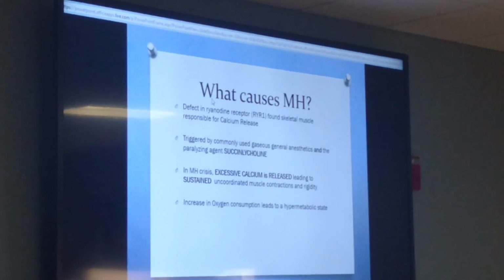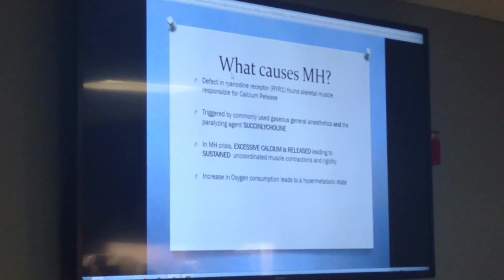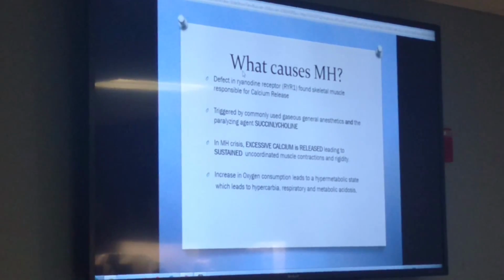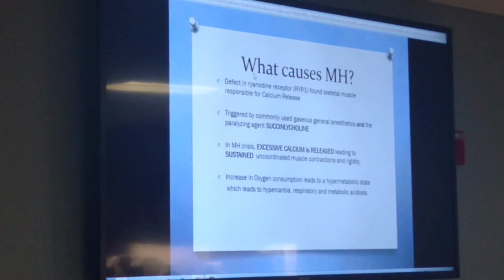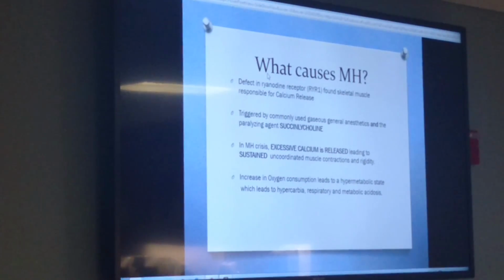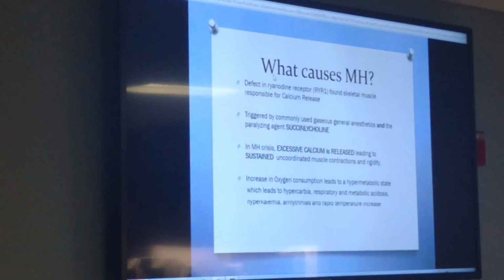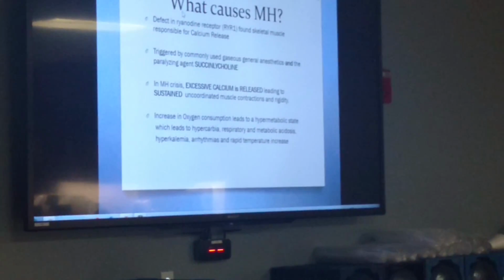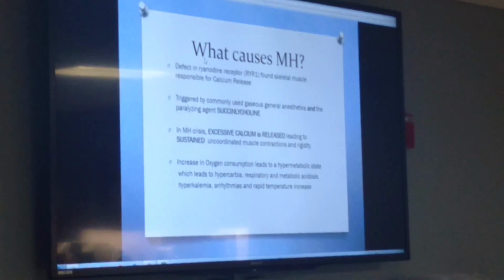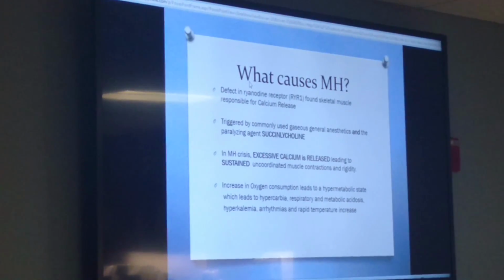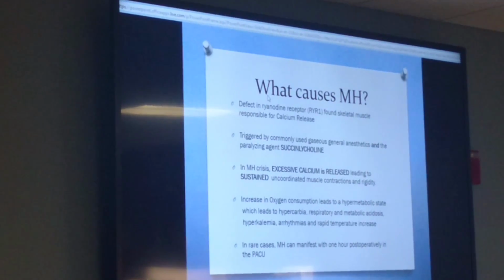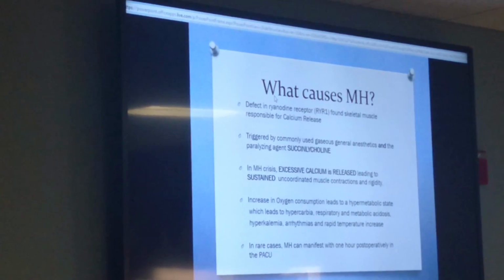So because of this, the patient is demanding an increased amount of oxygen consumption, which causes a hypermetabolic state. And this can lead to hypercarbia, respiratory and metabolic acidosis, hyperkalemia, arrhythmias, and rapid temperature increase. So in our malignant hyperthermia supplies, we actually have all the drugs that can help reverse some of these entities, okay? In rare cases, MH can manifest 1 hour postoperatively in the PACU, and some research studies show even 4 to